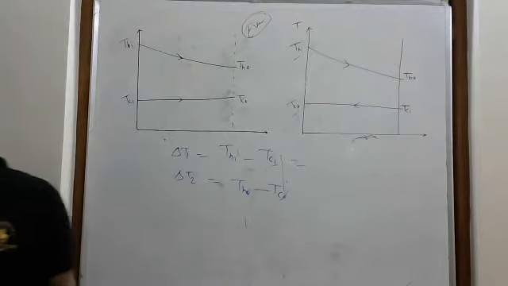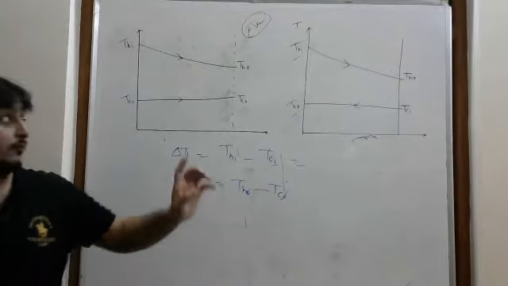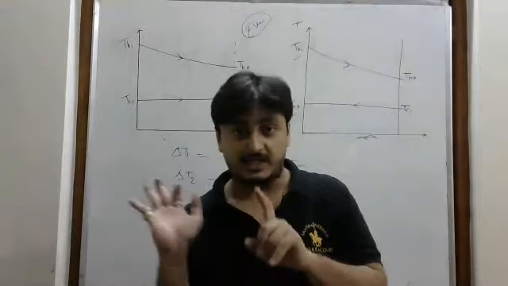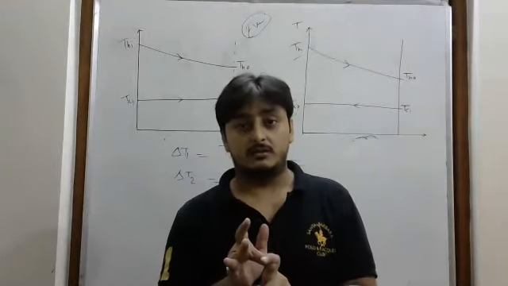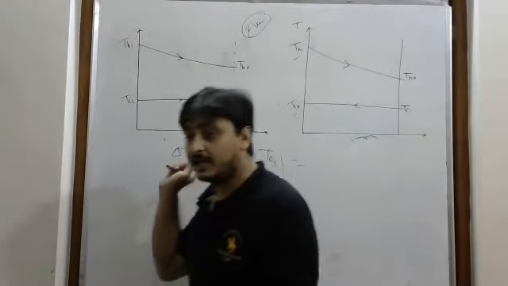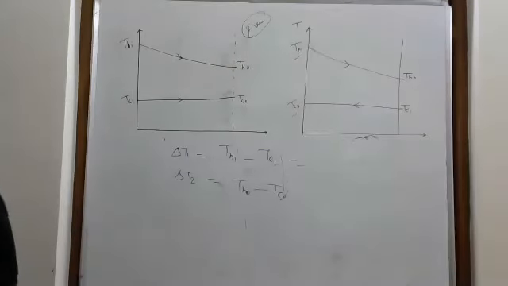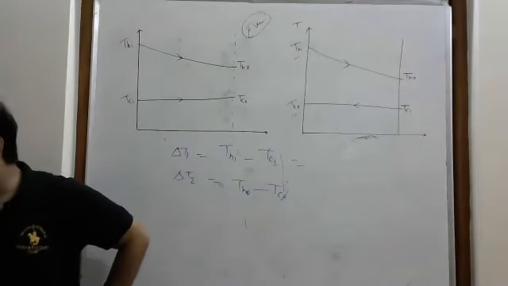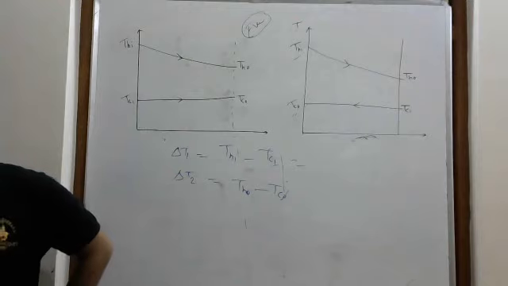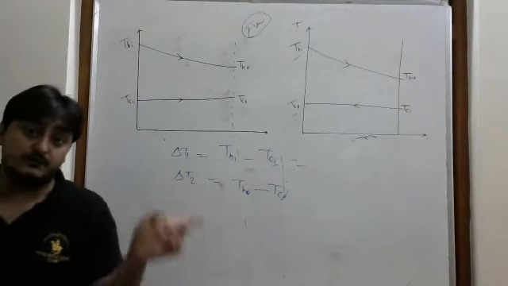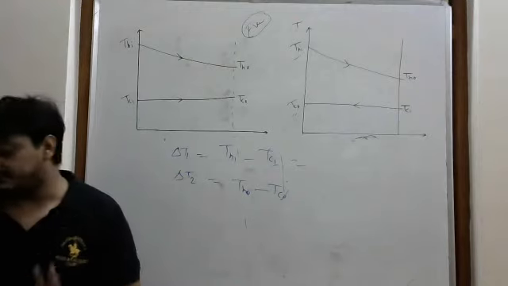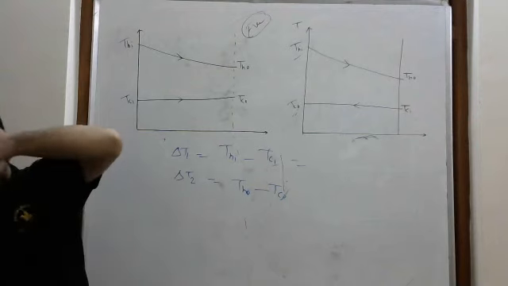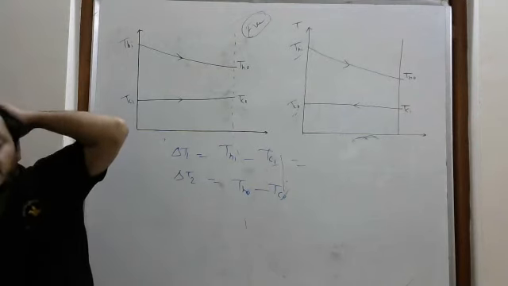And everyone should try to make the same diagram for the condenser. For the evaporator I actually made it, then for the boiler. Everybody has to make it for the boiler and condenser. Okay, right? Note the point: in the case of a phase change heat exchanger, whatever I proved here now, I will prove from the effectiveness NTU method also, don't worry. In the case of a phase change heat exchanger, LMTD is the same.